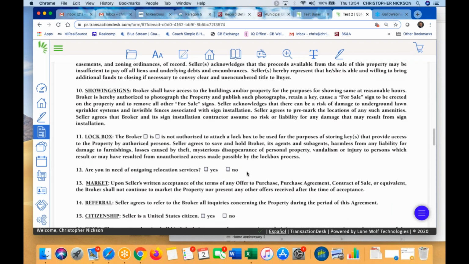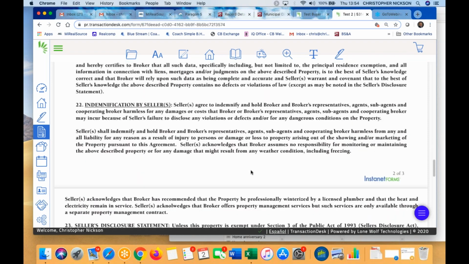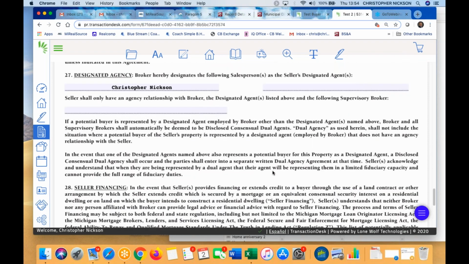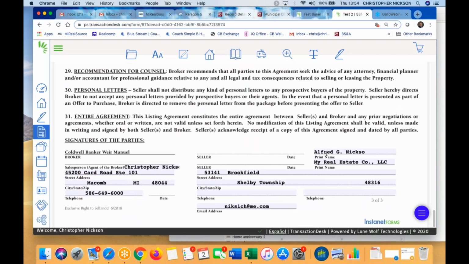I'm just trying to get here. I must have his contact name wrong because the end is not appearing. So I've got to make sure. My real estate company LLC. I don't have Marie's whole name in here. So this is where it gets a little tricky. You're going to have to play with adding a box in and maybe putting